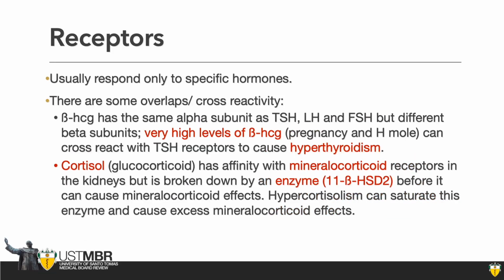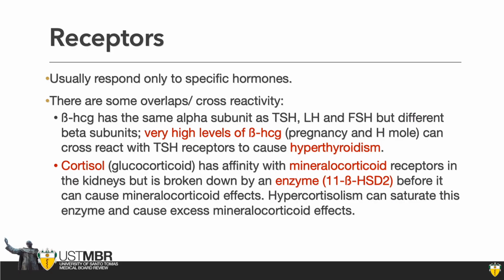Receptors are generally specific, like I said. However, there are certain situations whereby there's going to be cross reaction at very high levels. One example is beta-HCG, which shares the same alpha subunit as TSH, LH, and FSH. At very high levels of beta-HCG, for example in the first trimester of pregnancy or during a molar pregnancy, there could be hyperthyroidism. So normal, low levels of beta-HCG during pregnancy should not be a problem, but at its peak or in molar pregnancy, it may behave like TSH and attach to the TSH receptors of the thyroid gland and cause